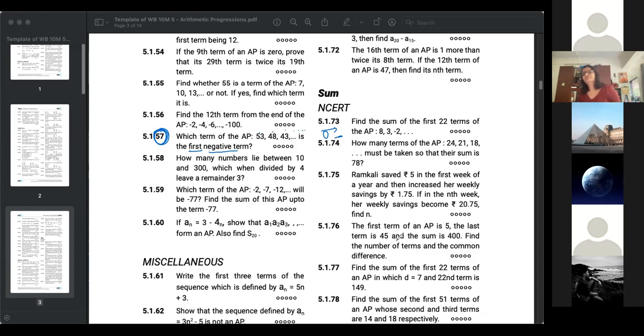-2? That answer does not make sense. Are you saying -2 is the first negative term, Puneet? Yeah. Okay. I did not apply any formula. I just did it mentally. Like 53 and 48 and 43. So it is like 5, 5, 5. So after some time, it will come to 3, and then -5, it will come -2.